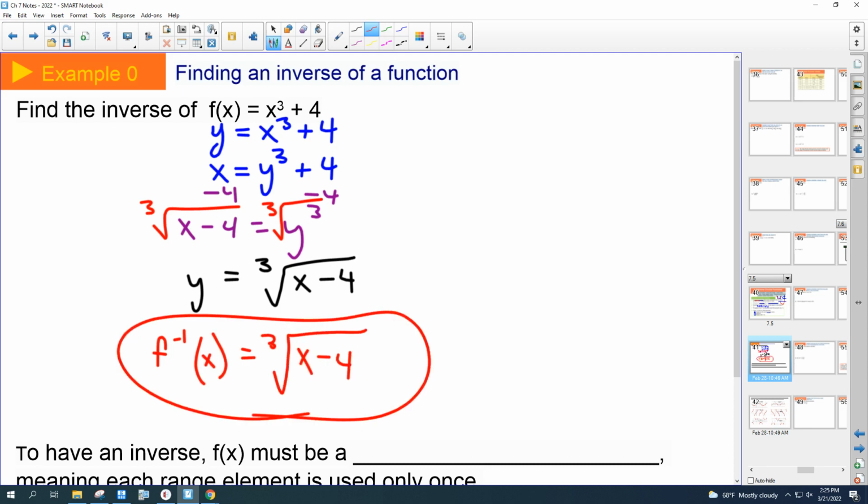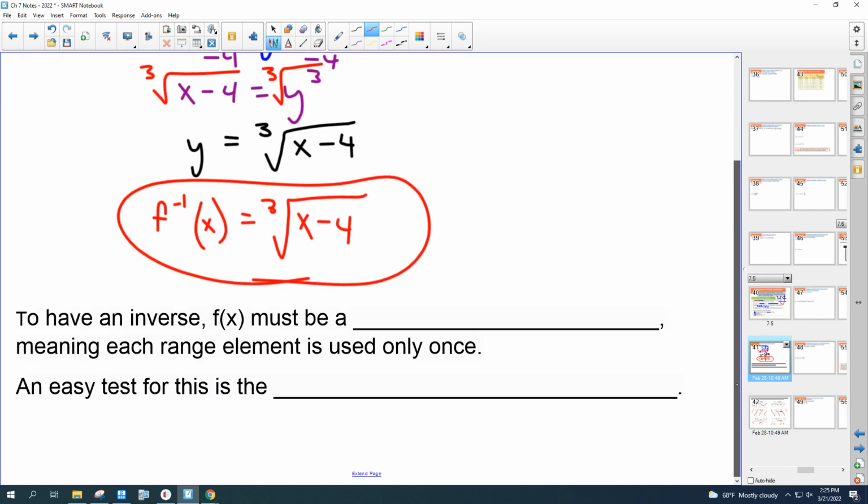That's the inverse. What an inverse does is it's going to cancel out the function. When we think of inverse operations, if I say times 5, you say divide by 5. If I say plus 4, you say minus 4. Inverse operations are what kind of cancels all the numbers out. In order to have an inverse, f of x must be a one-to-one function,